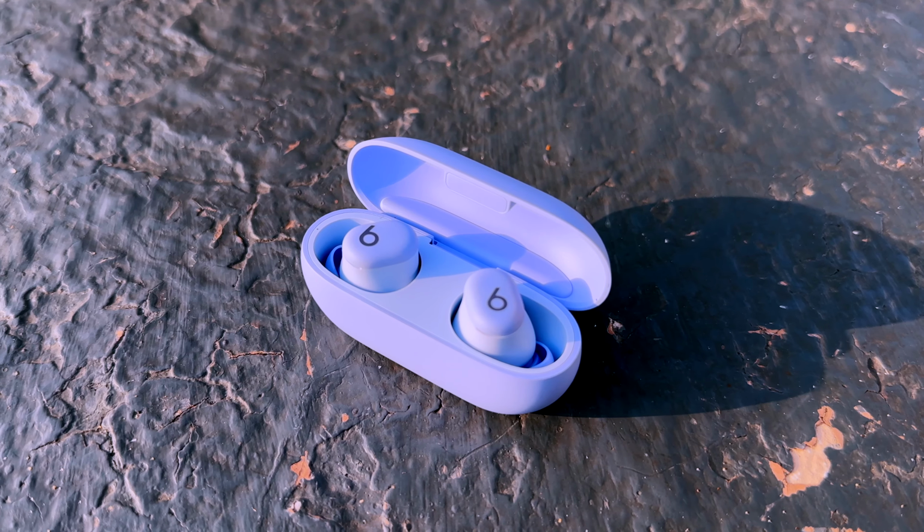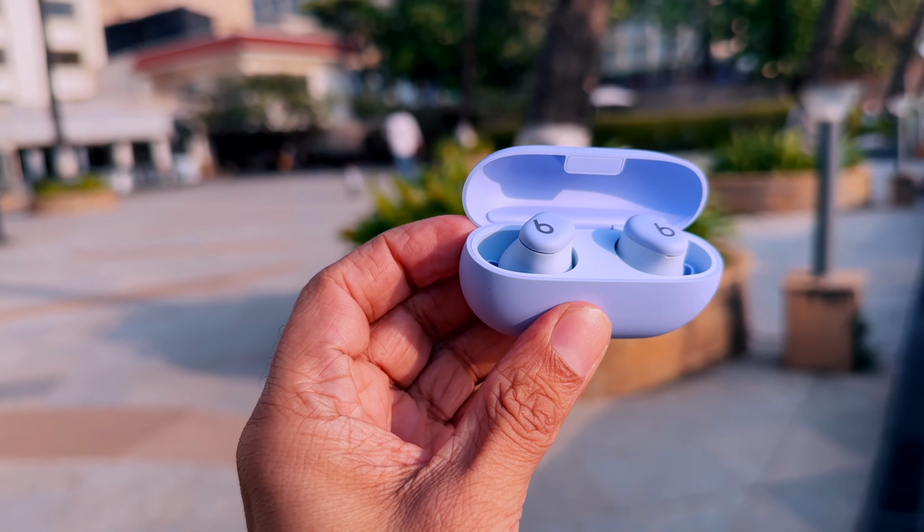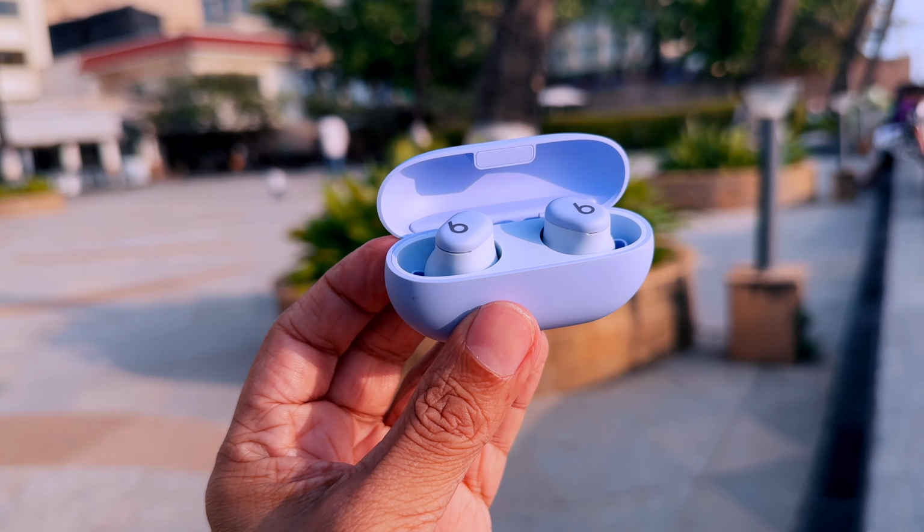Hi there! So this is the newly launched Beats Solo Buds. Yes, Beats has now officially launched in India. We got our hands on the newly launched earbuds, then we also have the Beats headphones and the so popular Beats Pill Bluetooth speaker. Reviews for all these devices will follow soon,